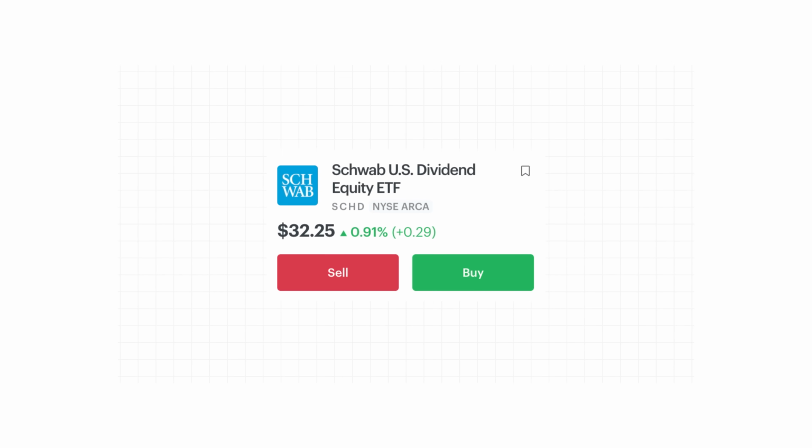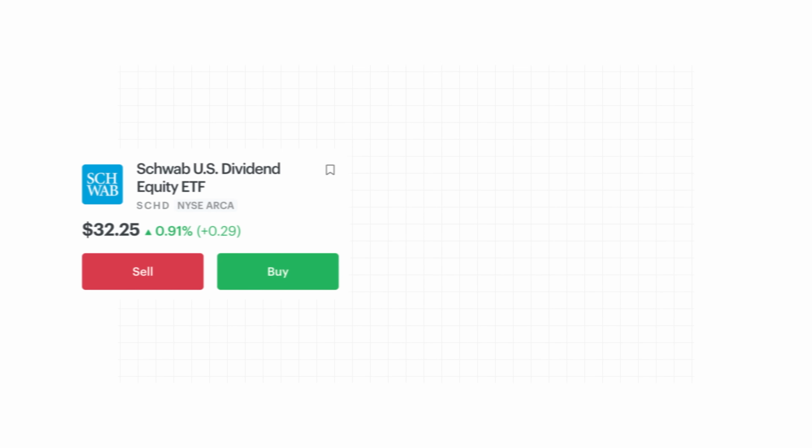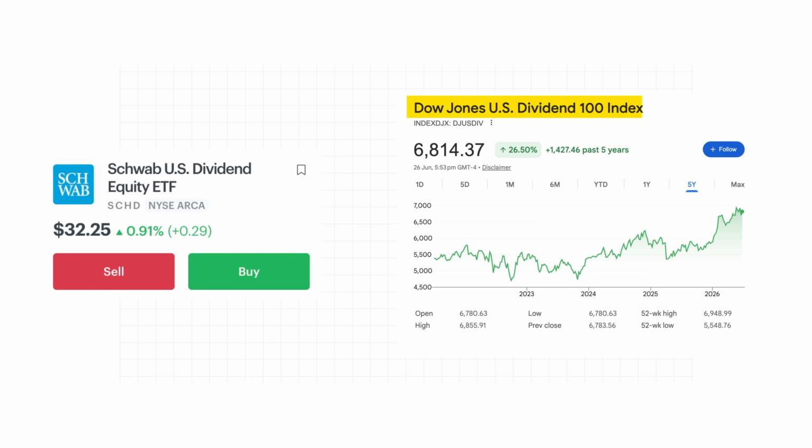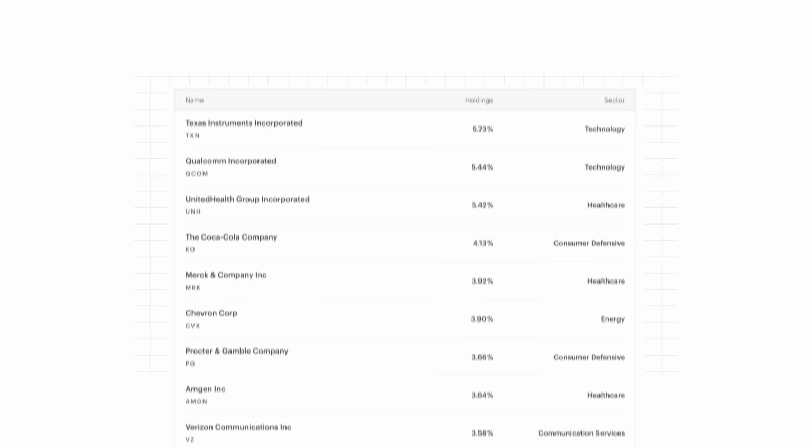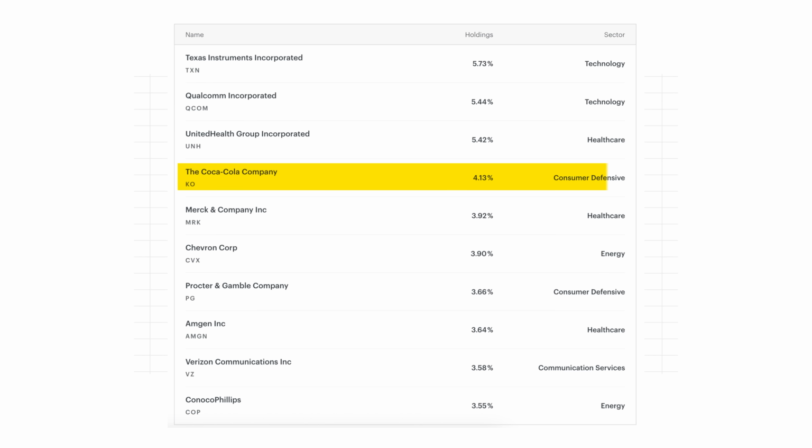And finally, if this is too much AI for you in your global portfolio, you can balance all of this out with something safe, and you can look at the SCHD ETF. Now, this ETF tracks the performance of the Dow Jones US Dividend 100 Index, which is designed to track high-yielding US dividend companies that have a strong track record of consistent fundamental financial strength. This is called the Schwab US Dividend Equity ETF. This has safe dividend-yielding companies like Coca-Cola, Home Depot, Procter and Gamble, etc. So this will help you balance out your AI heavy trades.